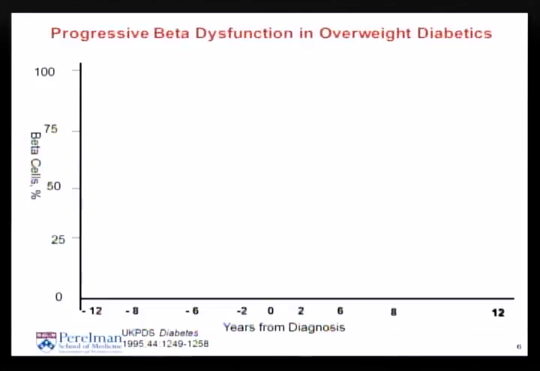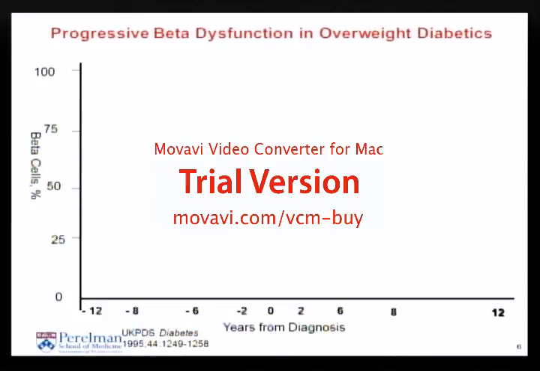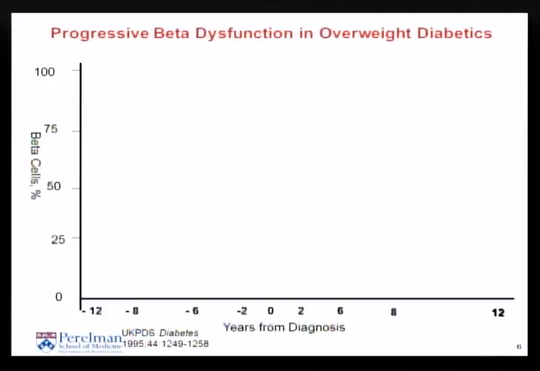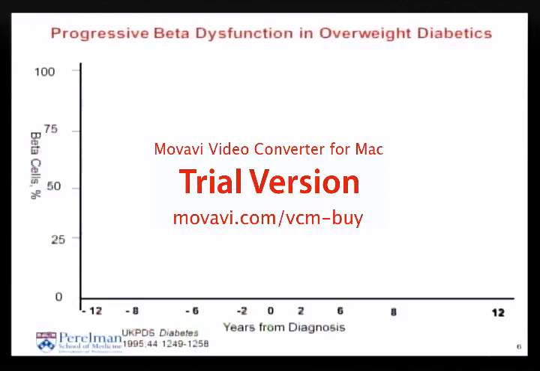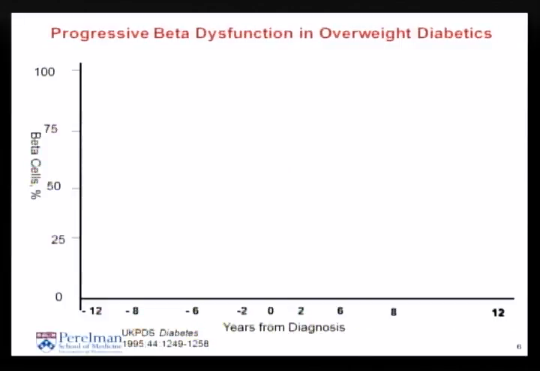So this is a schematic that I put together based on the UK PDS diabetes study that came out in 1995, and it looks at the progressive beta dysfunction in overweight diabetics. And when I see new patients, I draw this out for them in the room, and I show it to their family members, because this is really important because it explains a little bit of the pathophysiology. So you can see on the y-axis you have beta cells and the percent of beta cells, and on the x-axis you have years from diagnosis. And you can see that it starts down here, halfway along this curve, right? So that means that for 12 years, these people have been having problems with their blood sugars,